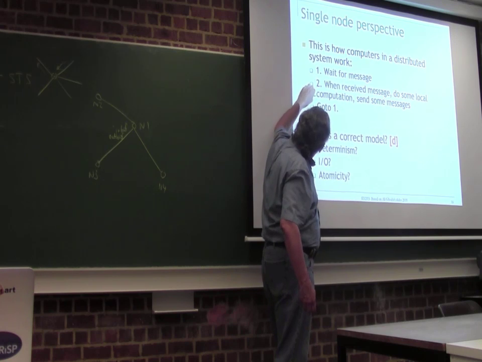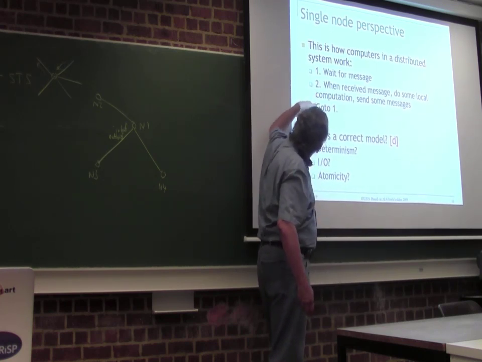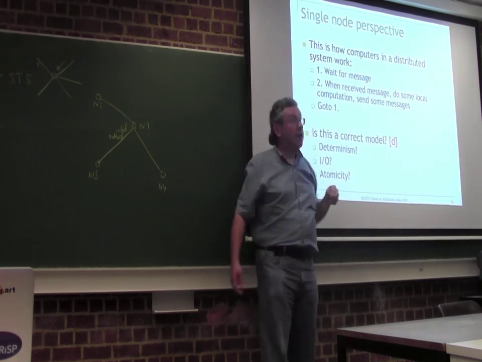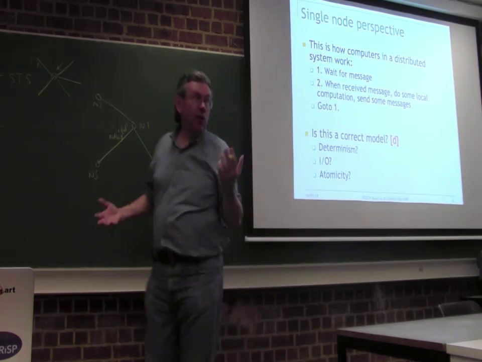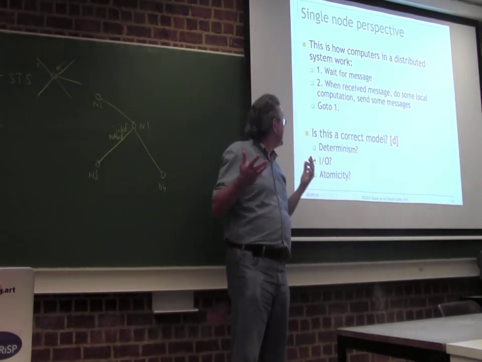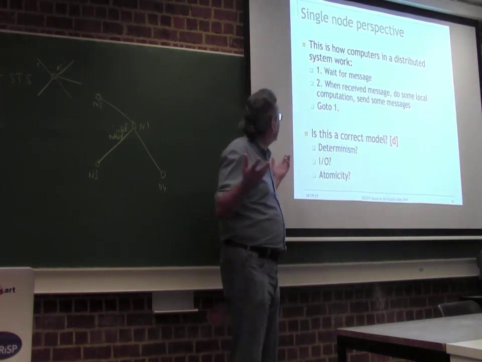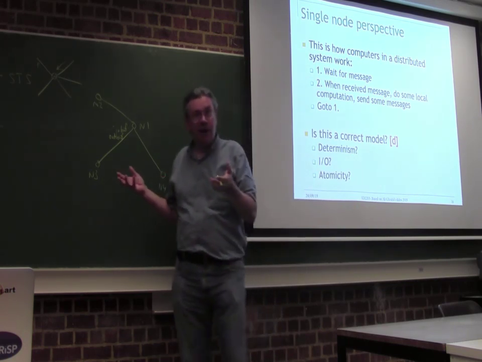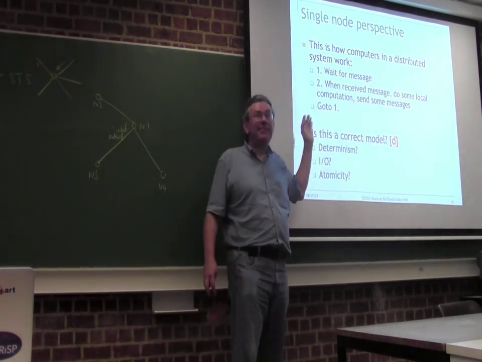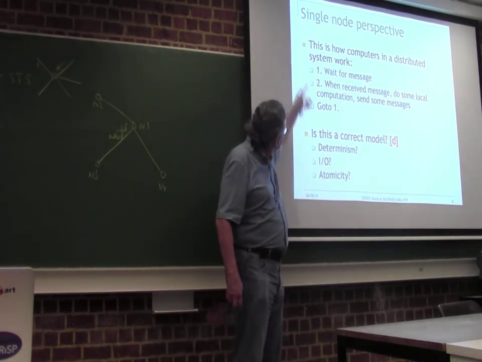This computation will not be interrupted. We will only treat the second message when local computation is finished. So this operation is atomic. Okay? So is that reasonable? I'm asking you as modelers, is that a reasonable model? What do you think? I mean, computers have interrupts, right? We are not modeling interrupts, it seems, here. Remember, you know interrupts? So is that reasonable to do like that?